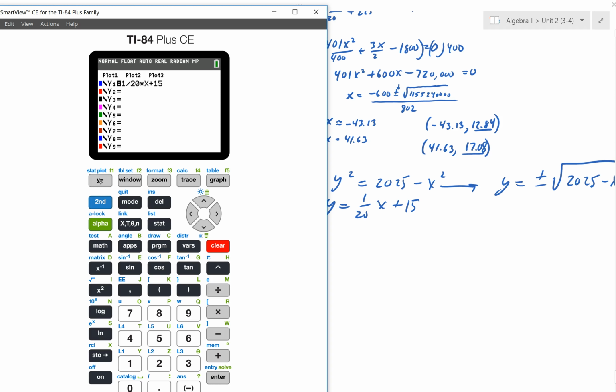I'm going to have the square root of 2025 minus x squared, and then negative square root of 2025 minus x squared. So if I graph this on Zoom 6,